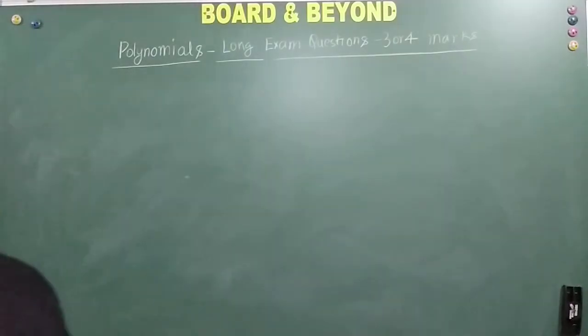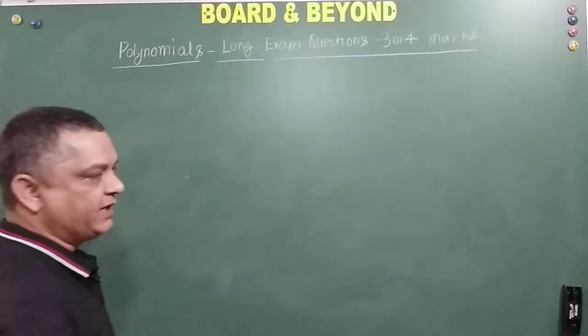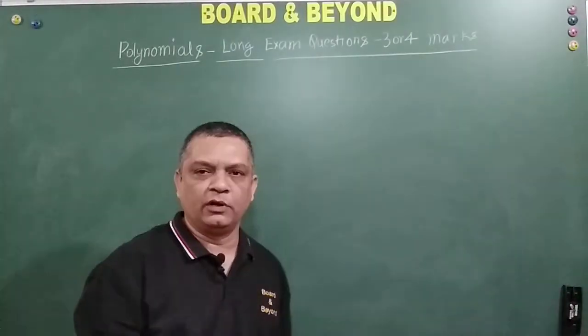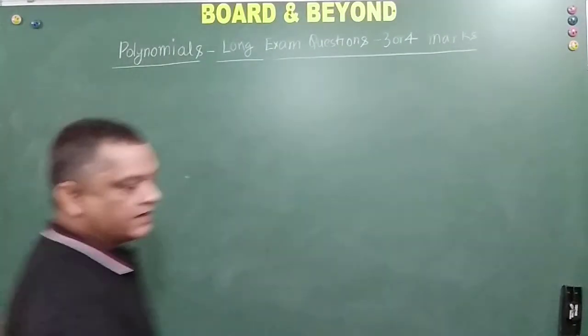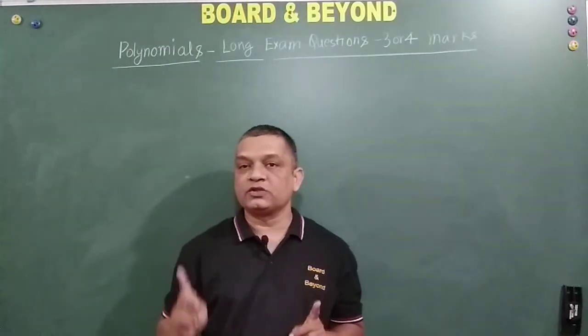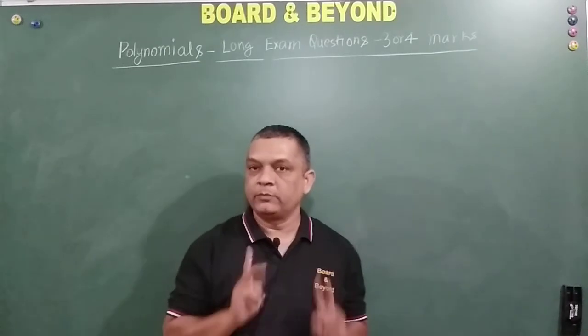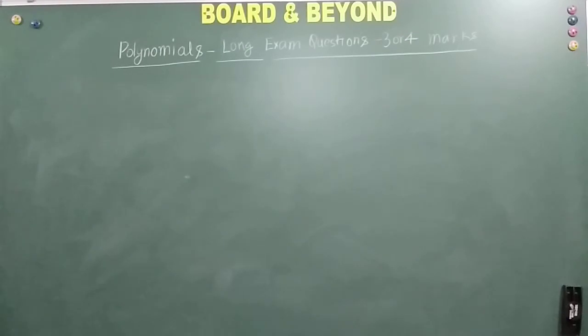Okay. The next problem says that find a quadratic polynomial, the sum and the product of whose zeros are 0 and minus 3 by 5. So see, alpha plus beta is given to you, alpha into beta is given to you. You are expected to find a quadratic polynomial. I will not do that. You basically attempt it, okay? Because you know that the generic form of a quadratic polynomial, when the sum of the roots and the product of the roots are known to us, is nothing but x square minus alpha plus beta into x plus alpha beta, right? Okay. So let's move on to the next one.